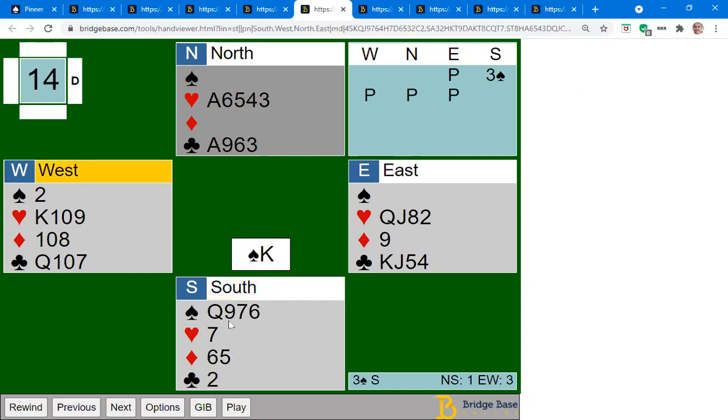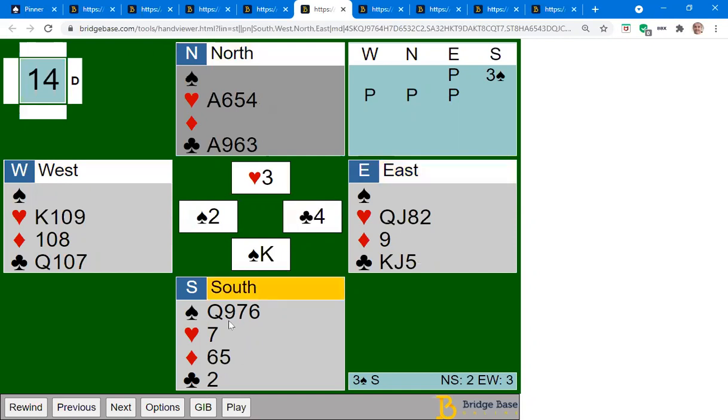So Declarer has now 2 potential diamond losers. He can draw the last trump, and then